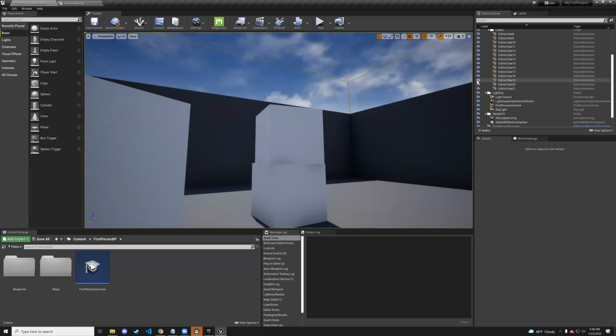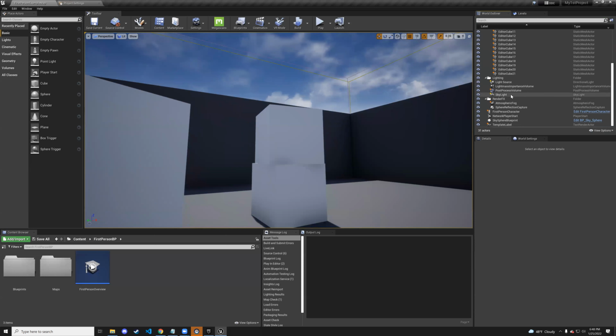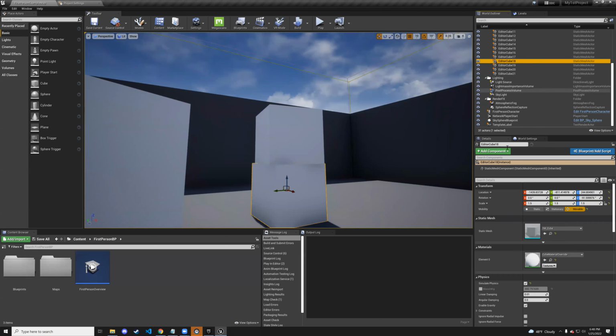Okay, so that's what the eyeball does for our world outliner. All right, so that's the world outliner. The other cool thing is our details panel. So whenever I have an object selected, and you saw when I did not have an